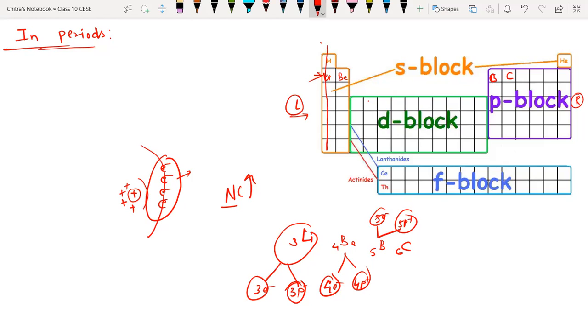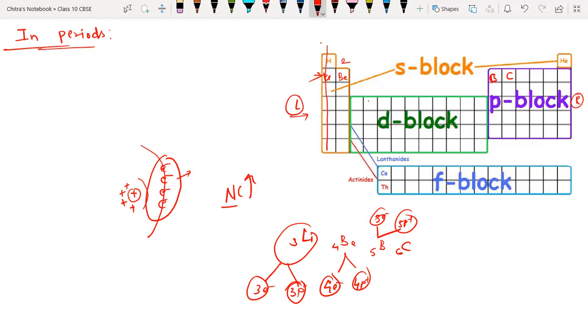What does the number of the group describe? The number of the group represents the number of electrons present in their outermost shell. So second group elements have 2 electrons in their outermost shell. That's why they have similar properties, like the same valence, and they combine with other elements in the same way. So they have a few similar properties, and that's why they are placed in the same group. But I'm discussing atomic radius here, so we have to complete that first. Then we will discuss the different part.